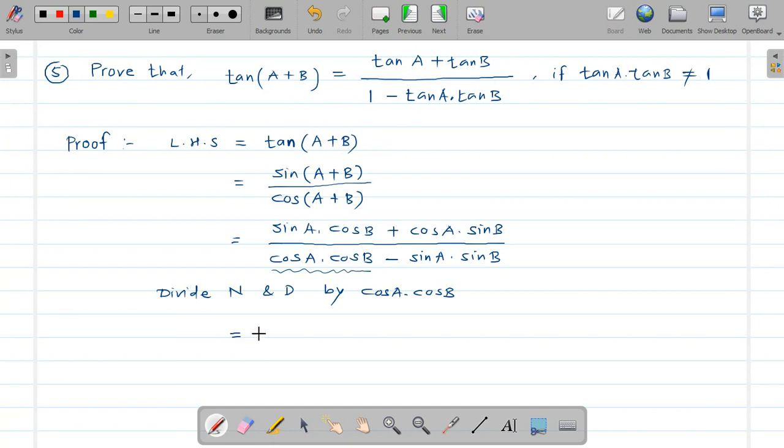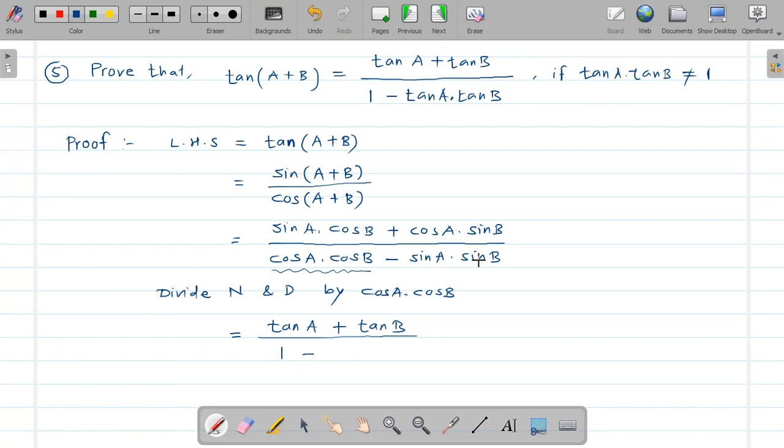Then what will you get? Think about this. We have to divide every term by cos A into cos B. Then what will you get? sin A into cos B upon cos A into cos B, so hence you will get tan A here. Then plus, if you divide cos A into sin B upon cos A into cos B, then cos will get cancelled, and sin B upon cos B means we get tan B, divided by, in this case, cos A into cos B upon cos A into cos B means we get 1 minus,